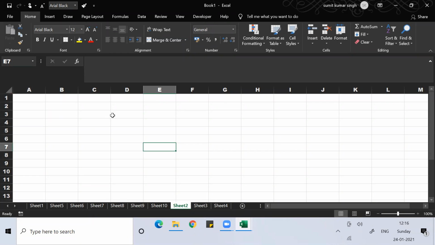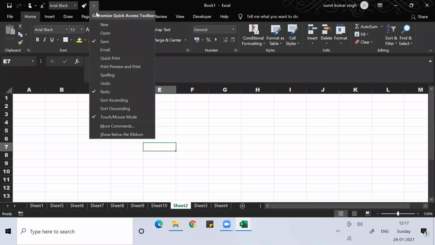Okay, everyone. Now when you see this Excel environment, at the top, what you see is called the quick access toolbar. This quick access toolbar is basically the set of commands which you require when you're working on Excel. Certain commands which you need on a frequent basis, you can put them at the top of your workbook, and that will help you save your time. So this is the quick access toolbar.